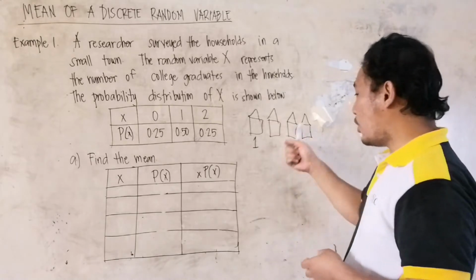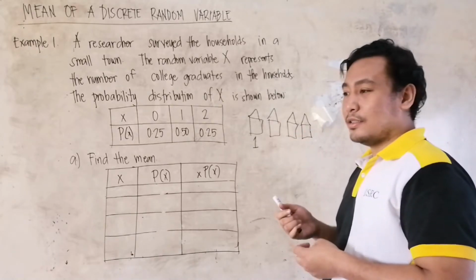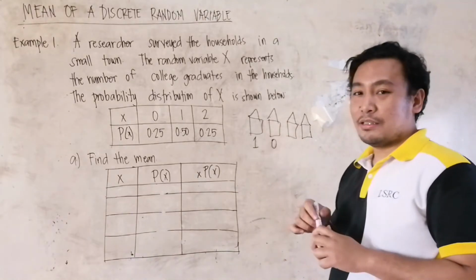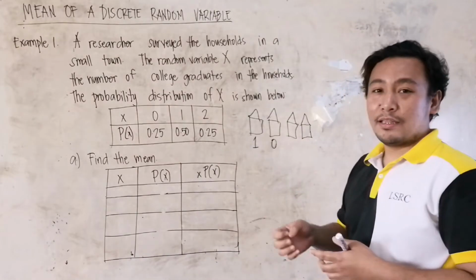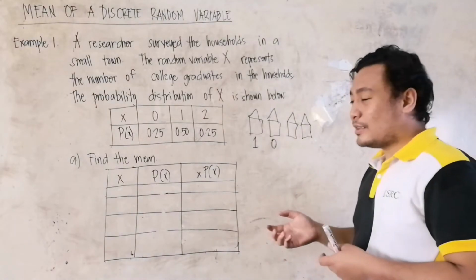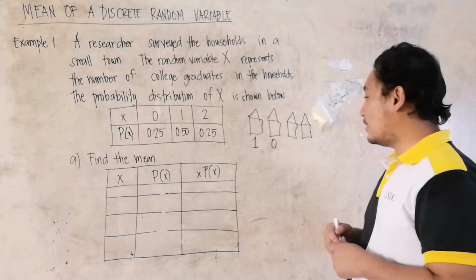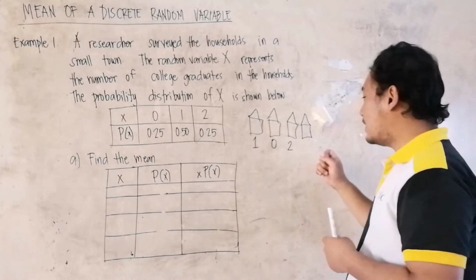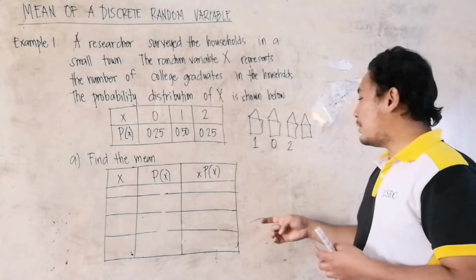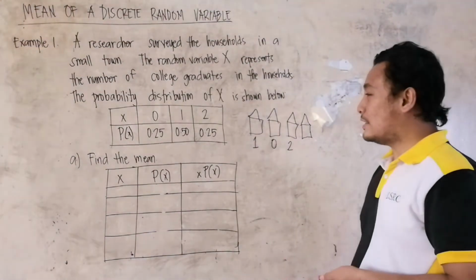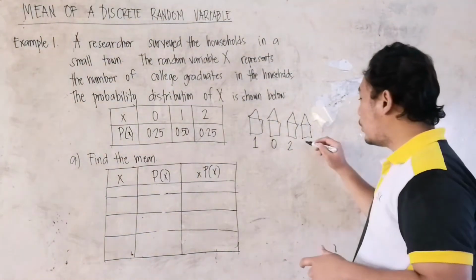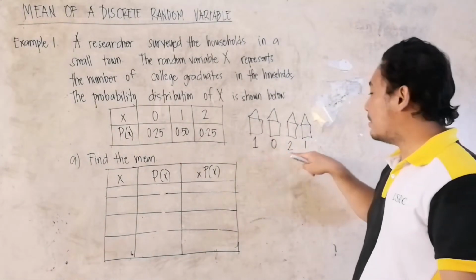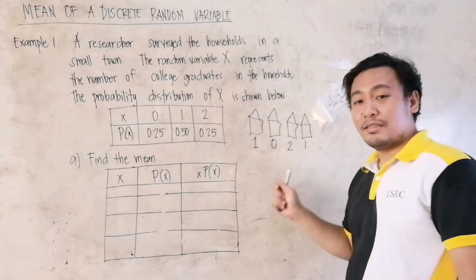So next na bahay, nagtanong sila, tao po, pwede po mag-survey. Ilan po yung college graduate dito? Sabi, ay wala pang college graduate dito. Next na bahay, nagtanong ulit, ilan po yung college graduate dito? Ang sabi naman ng pamilya siguro is, meron ditong dalawa na college graduate. Next na bahay. Tao po, pwede po mag-survey, ilan po yung college graduate dito? Tapos ang sabi niya is 1. So sa unang bahay, isa yung graduate, sa pangalawa wala, sa pangatlo, dalawa, and sa panghuling sinurvey nila, merong